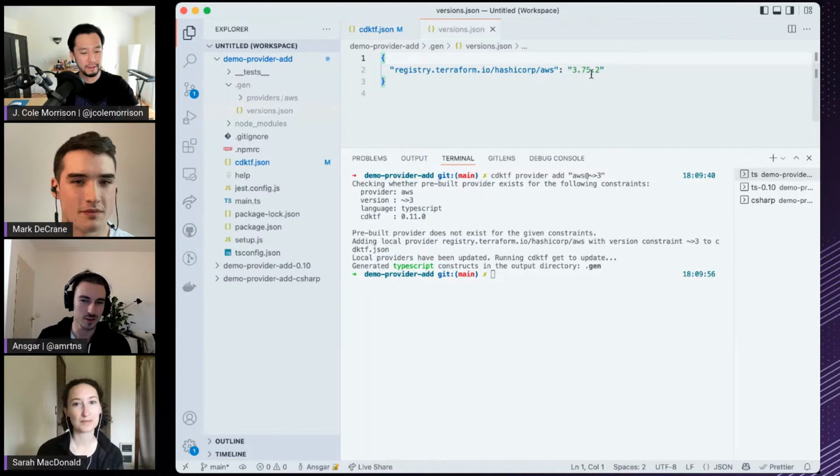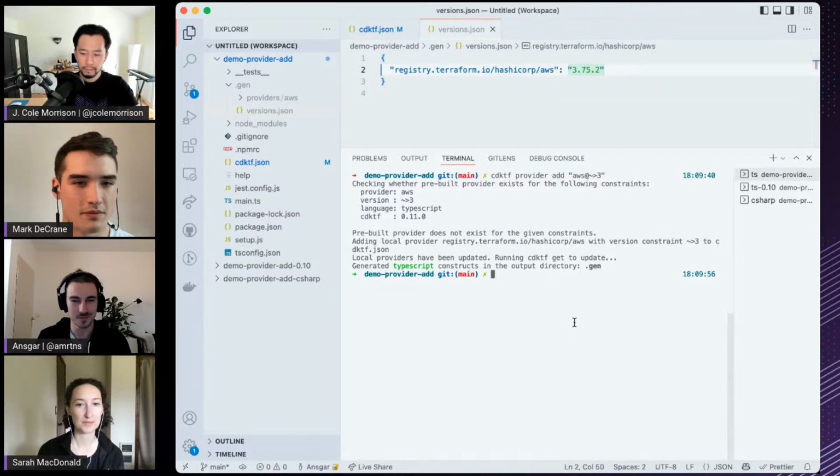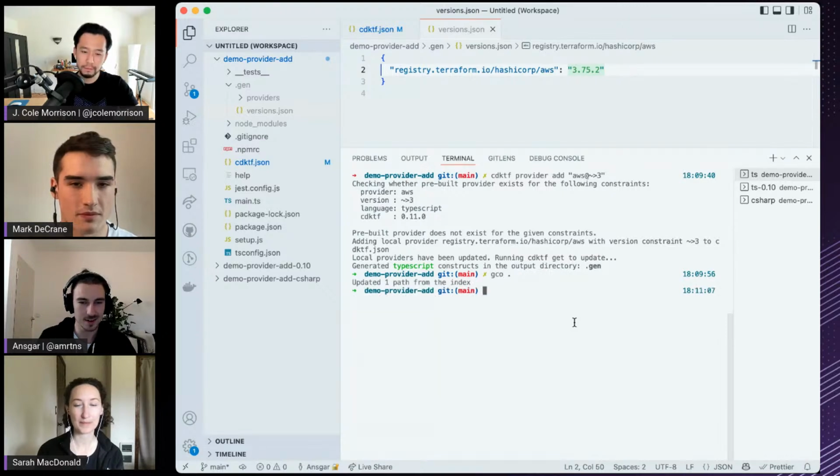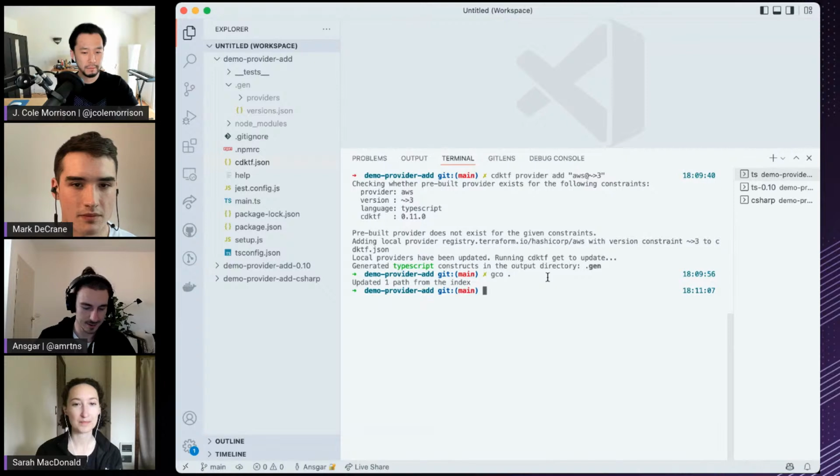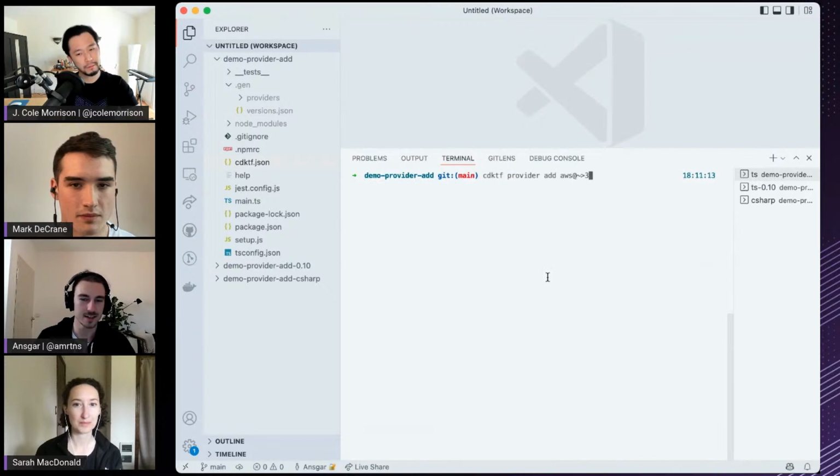And if we look at the versions file, it resolved to 3.75.2. So that's the latest one that you can get with the 3. And so if I reset this file, I don't know, it's ignored now. And if I, for example, wouldn't have added AWS at 3, but rather, and let me quote this before I forget this again, at 4, and this operator allows it to increment the versions,